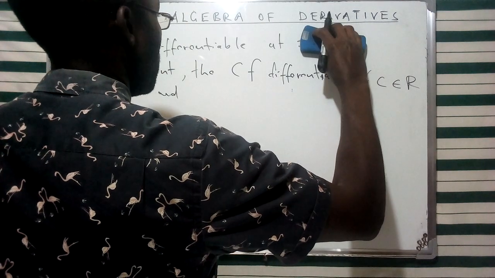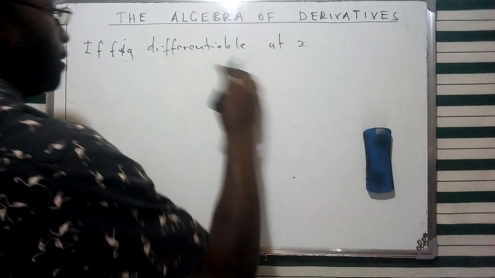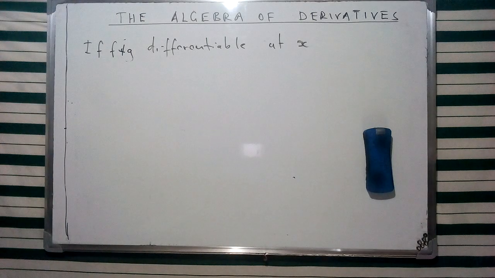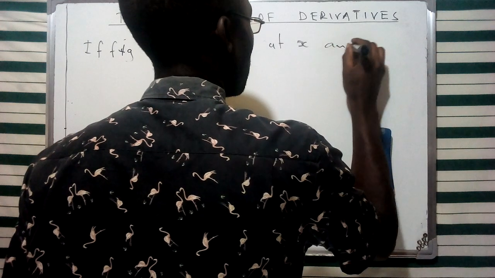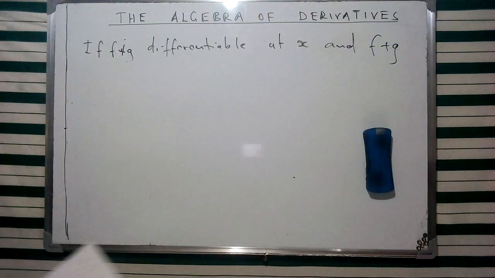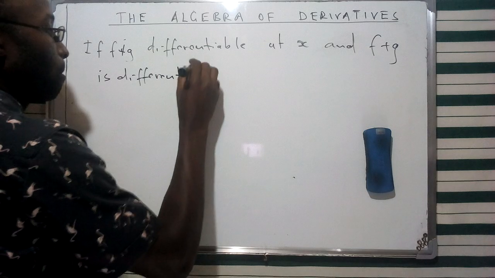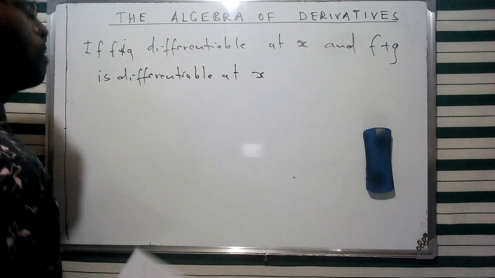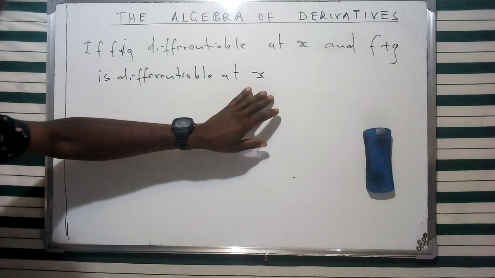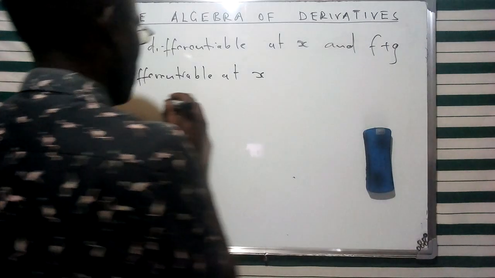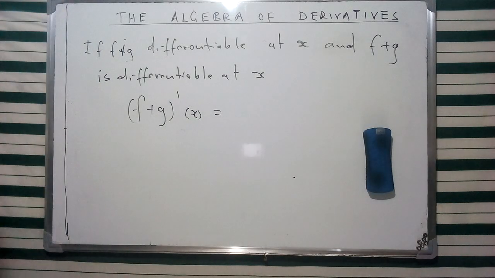then we can give their sum, f plus g, as differentiable at x. So this basically implies that for the two functions which are differentiable at x, their sum is also differentiable at x. Therefore, we can give the sum